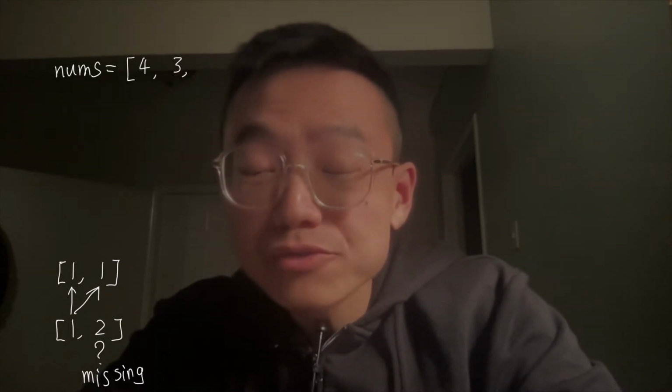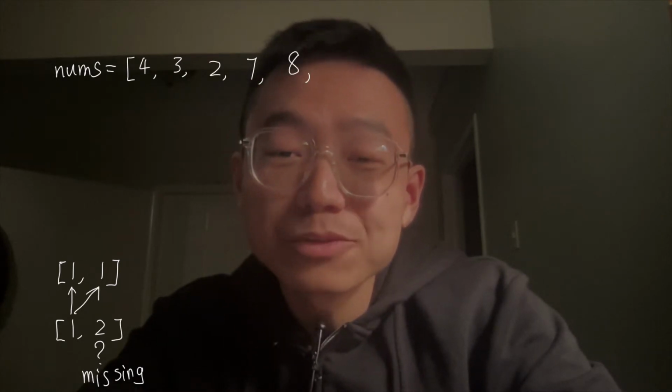Let's look at the question. Find all numbers disappeared in an array. We are given an array nums of n integers, where nums[i] is in the range of 1 to n, and we need to return an array of all integers in the range from 1 to n that do not